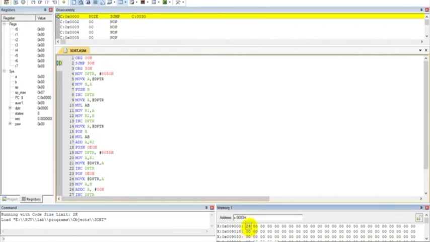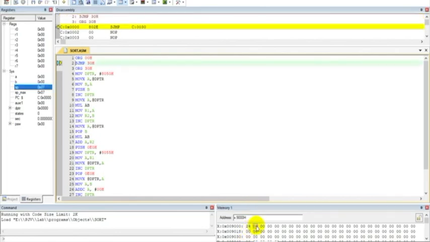First I'll give the multiplier, then the lower byte of the multiplicand, that is EF, and the higher byte of the multiplicand, that is 78. Sorry, it is 8050H basically.